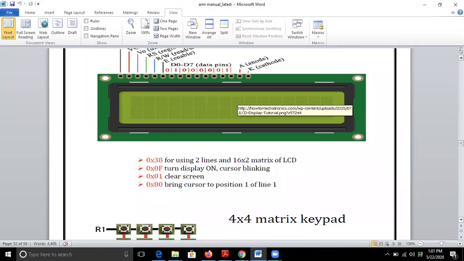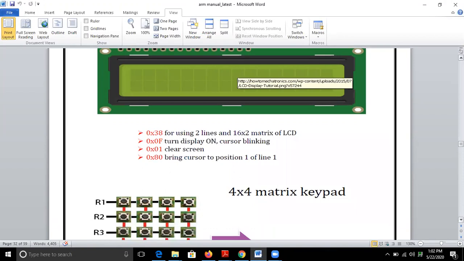Few commands are like 0x38, that is hexadecimal number 38, for using two lines and 16 cross 2 matrix. 0x0f to turn on the display and cursor blinking. 0x01 to clear the screen, and 0x80 to bring the cursor to position 1 of line 1. As we move forward, we'll look into more of the commands related to LCD display control.